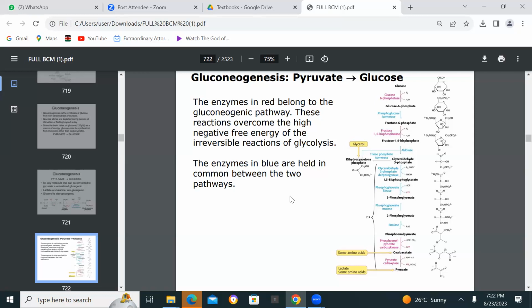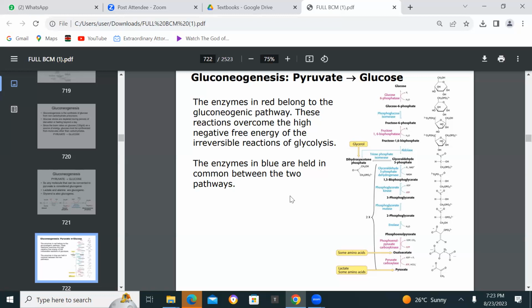So in gluconeogenesis, glycolysis takes place in the cytosol, so the pyruvate will be transported into the mitochondria. Then it will be converted